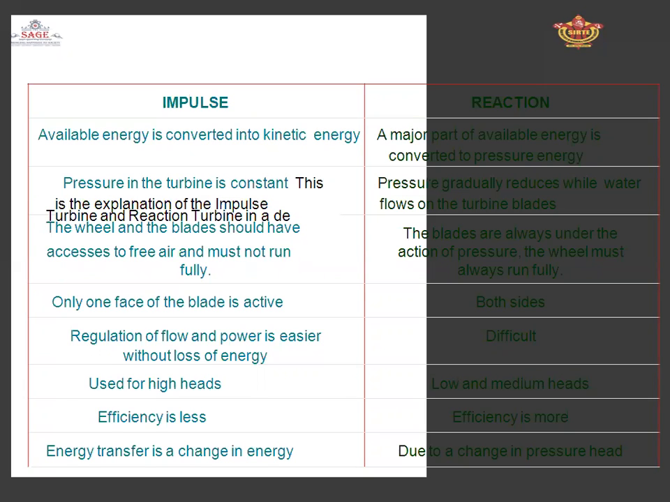In the case of the impulse turbine, the blades must not run fully with water, and only one face of the blade is active. On the other side, in the reaction turbine, both faces of the blade are active. In the impulse turbine, regulation of the flow and the power is easier without loss of energy. In the case of the reaction turbine, regulation of the flow and the power is not easy; it is difficult. The impulse turbine is used for high head, and the reaction turbine is used